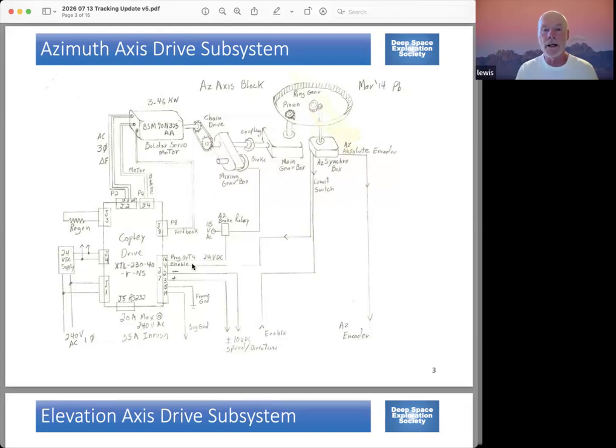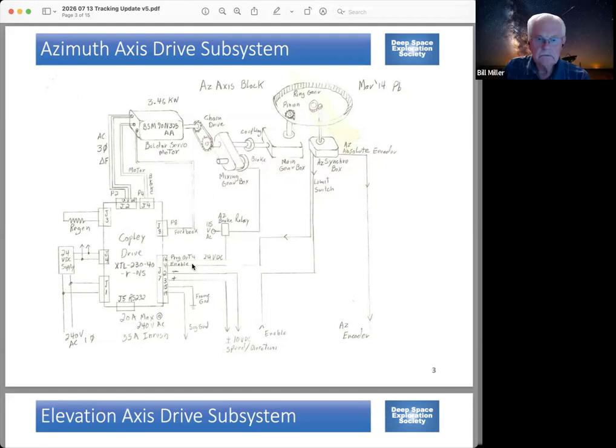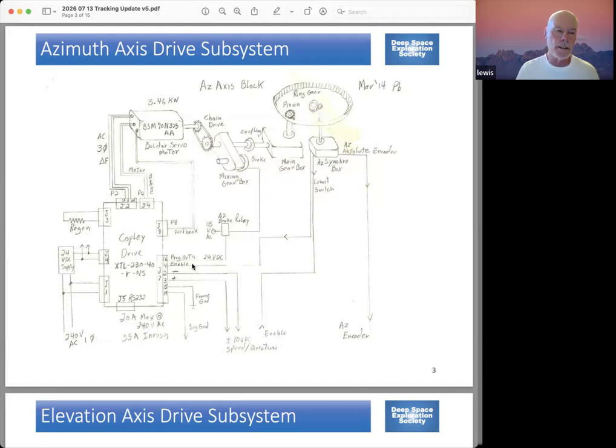Yeah, and so this analog control voltage is a plus minus 10 volts, and anything from 0 to plus 10 is a positive rate. I believe that's clockwise, and then anything negative will be a counterclockwise. And the magnitude of that voltage tells it the speed. So the Copley sees this, and one of the capabilities of the Copley is it will ramp up